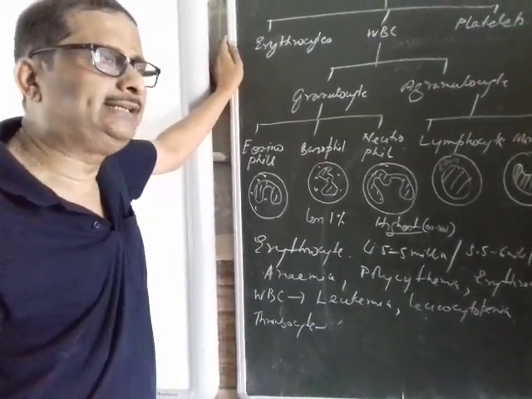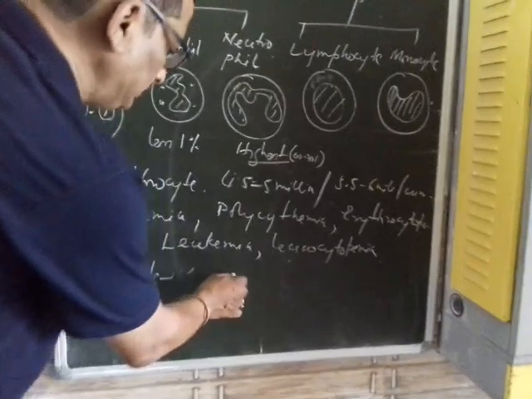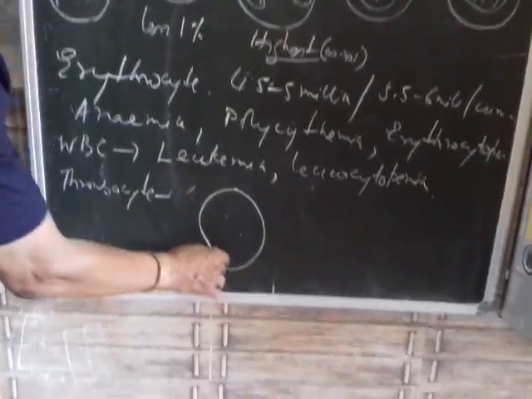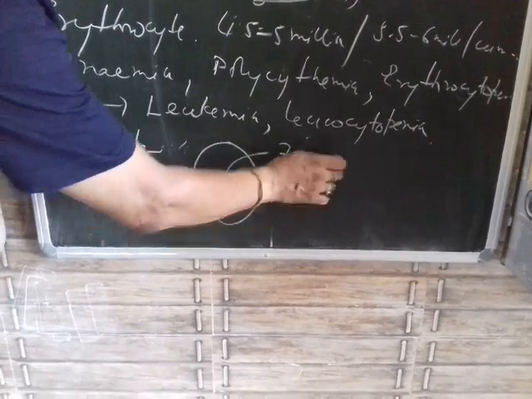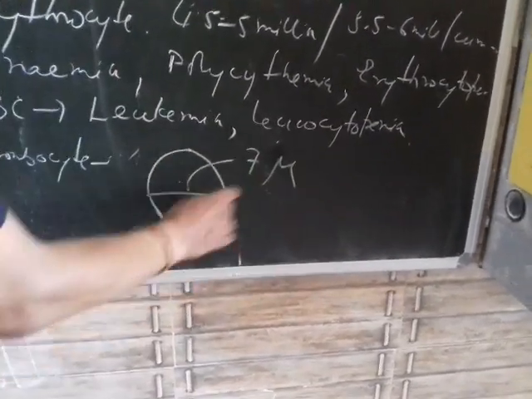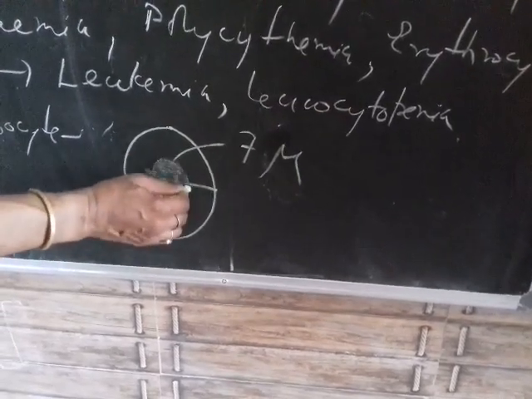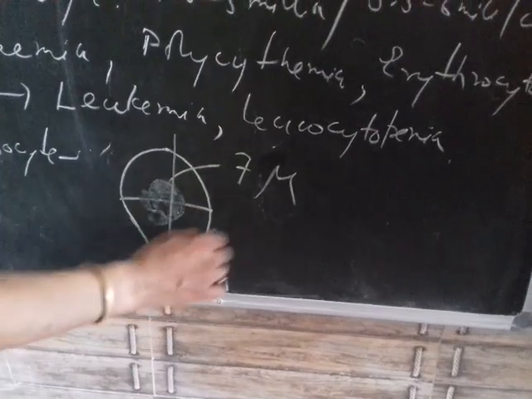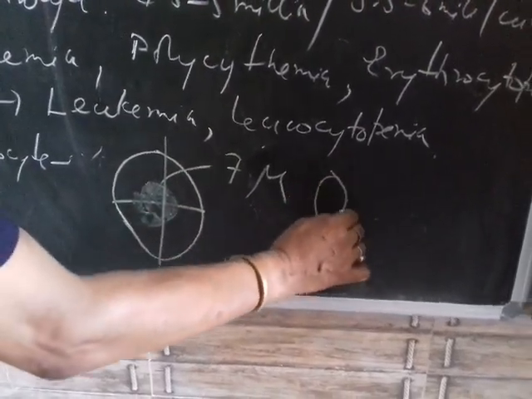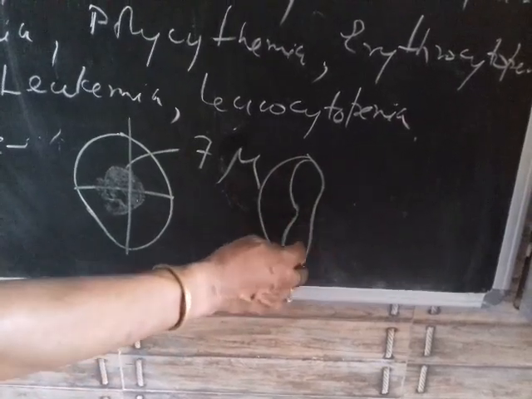Now what is the structure of the erythrocyte? If you see the erythrocytes, they are round in structure. The diameter is approximately 7 micron or 7.2 micron, and inside, it is disc-like. Outside it is thickened, inside it is thinner. So if you cut it in a section, it will look like this. It is biconcave in shape.